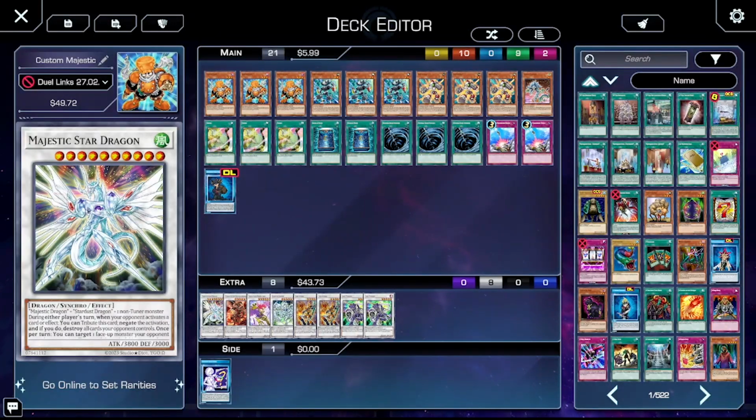Not only did we get Shooting Quasar Dragon with the new box, we also got a new skill that summons it a lot easier. We basically only need a single Junk Synchron on our third turn to summon it from our extra deck. We also got a similar skill for Shooting Star Dragon where it is released, and it gives